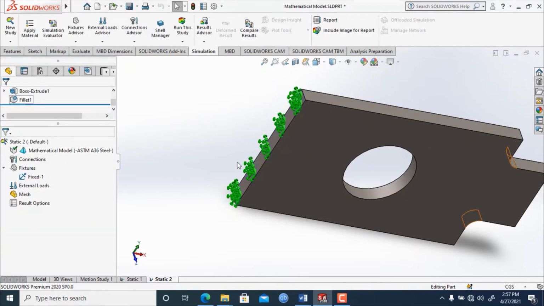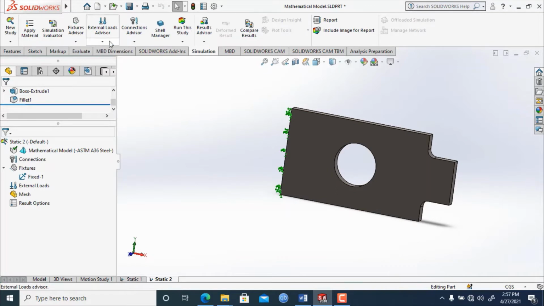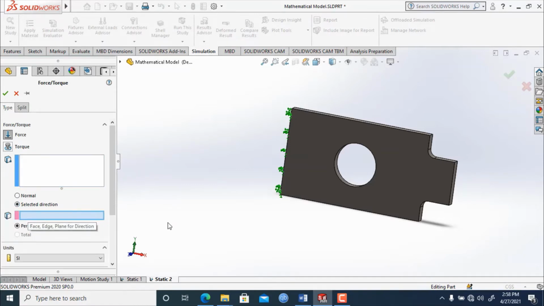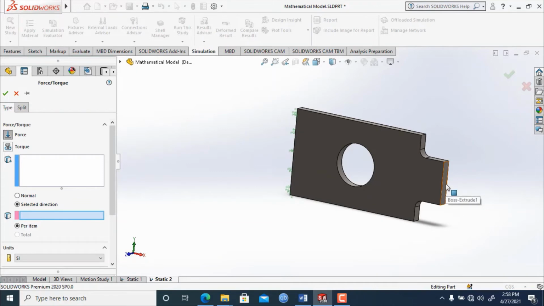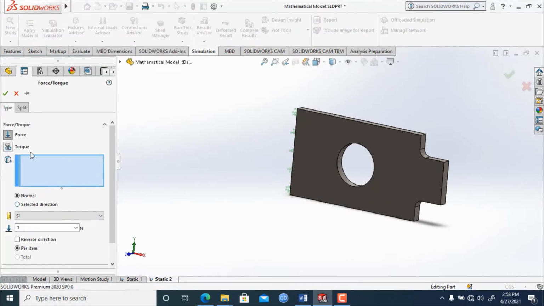Okay. Now we will go to External Loads Advisor. We will apply force. So the force was selected here. Select direction, and we will select this direction right here. Sorry. Just close it. Force normal.